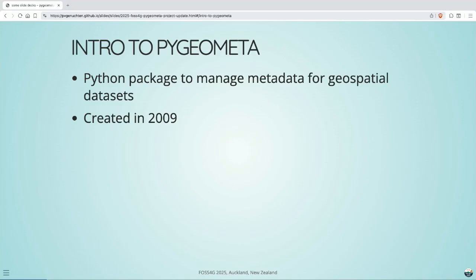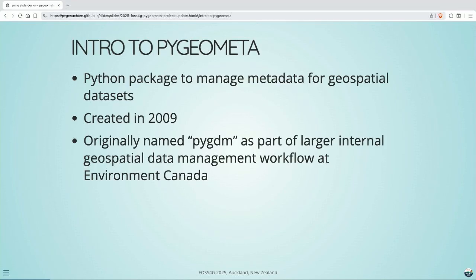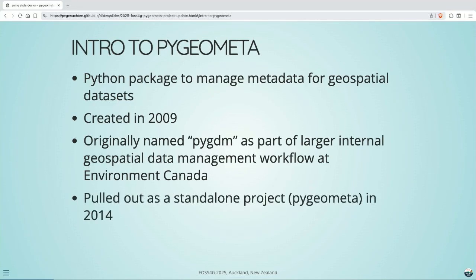It was created in 2009. It was originally called PyGDM as part of a larger geospatial data management workflow and pipeline we had at Environment Canada at the time. And at one point, the thinking was, why don't we pull out this specific part, which is just for metadata, because that internal PyGDM tool had a lot of workflows around actually hitting data and so on. So we pulled out the metadata part and we called it pygeometa in 2014. That's when it initially came public, and then we put it onto GitHub in 2015. So it's been around for